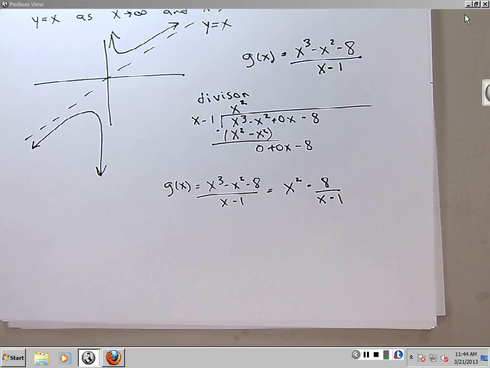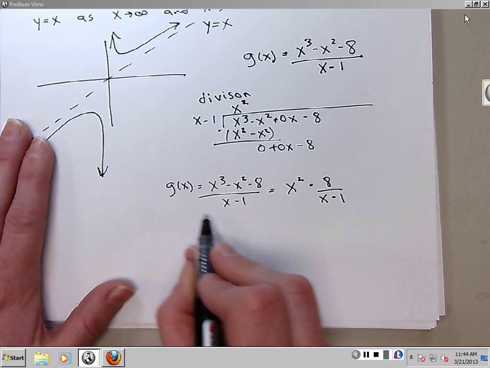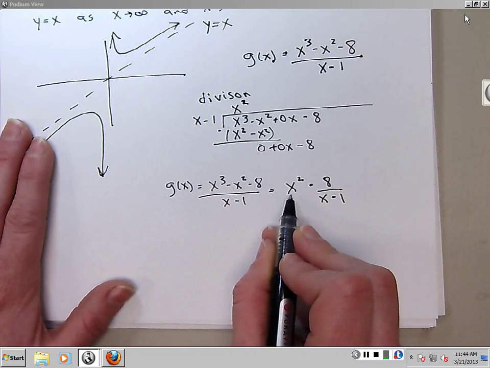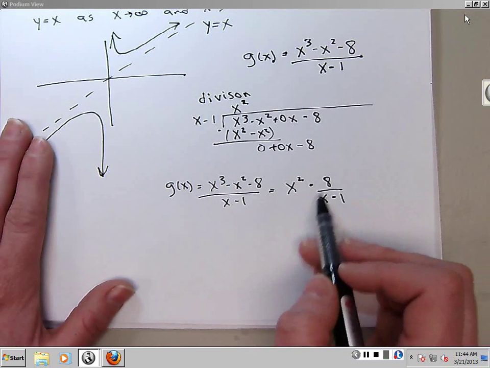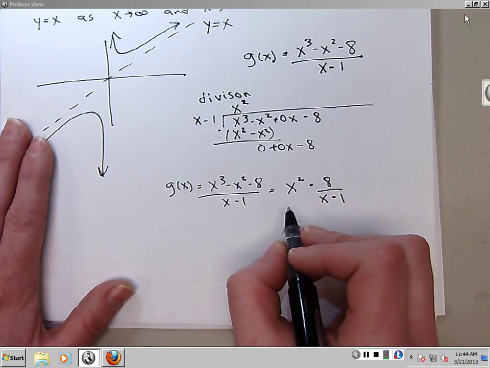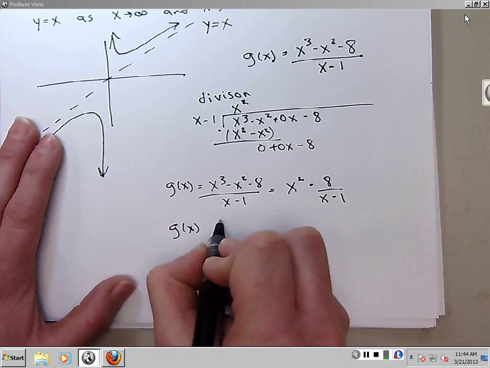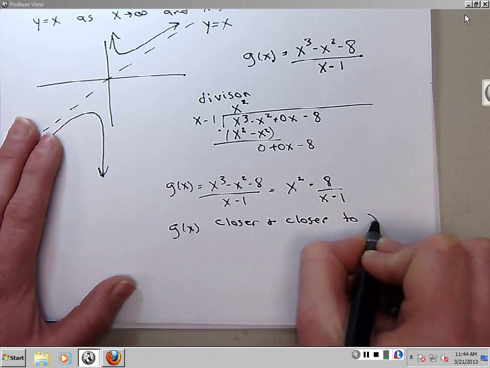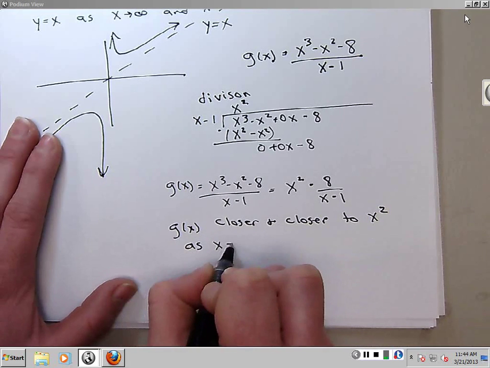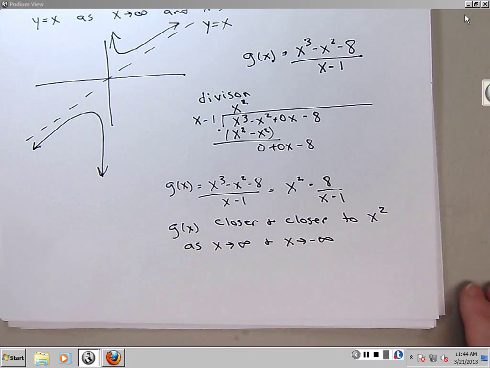Long division of polynomials? So that is telling me g of x is getting closer and closer to this line x squared as x is getting larger and larger, right? Because as x is getting larger and larger, this term is going to go away. So g of x is getting closer and closer to x squared as x goes to infinity and as x goes to minus infinity. So that would be your curvilinear asymptote. If we looked at the graph of g of x,